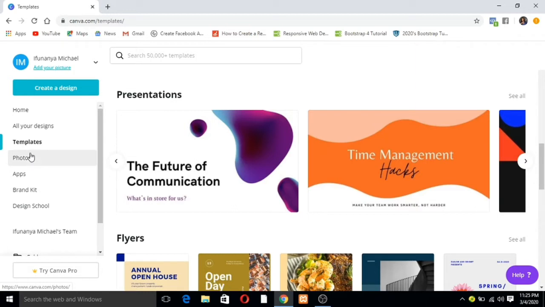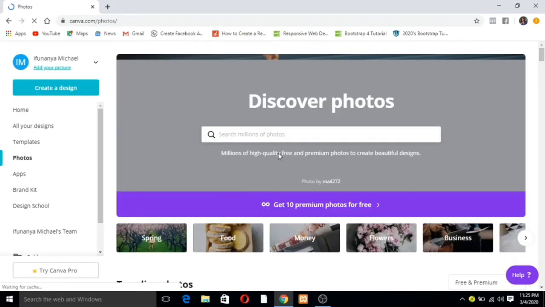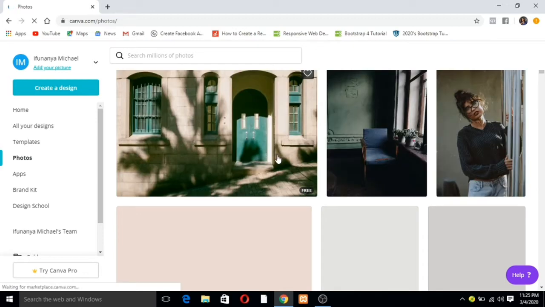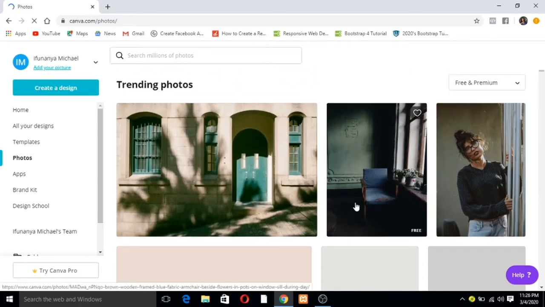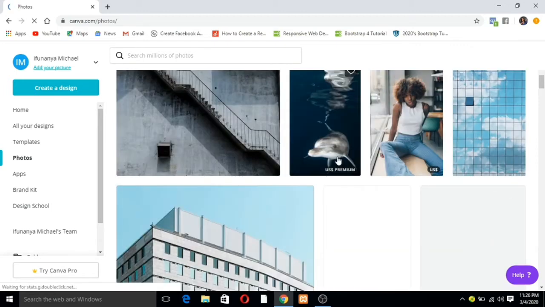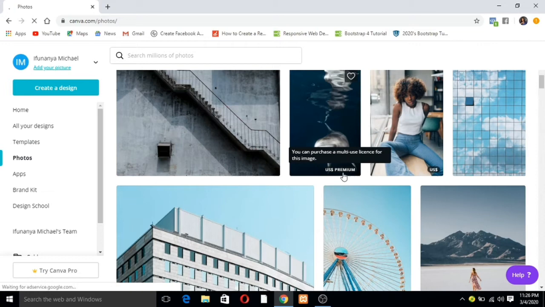Okay, so the next thing I have there is photos. So some of these photos are free. Okay, let me just allow it to load. And then most of the photos you're going to be seeing here, some of them are free while some are paid. Okay, as you can see, this one here right now is free, and this one is free too, this one is free. Okay, as you can see now, this one is premium, so you have to pay to get